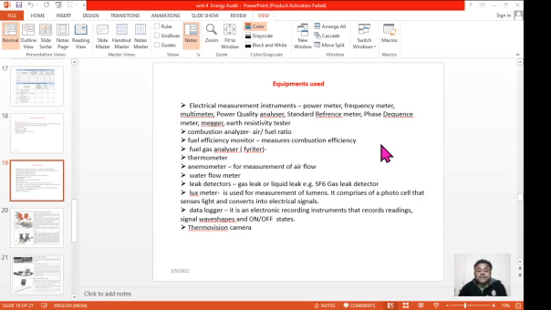Lux meter is there next. So lux meter is for measurement of luminous intensity, and measurement of lumens, that how much lumens are actually there. So it comprises of the photocell that converts light energy into electrical energy, and the electrical energy is in the form of a measurable type of energy. It can be measured easily.